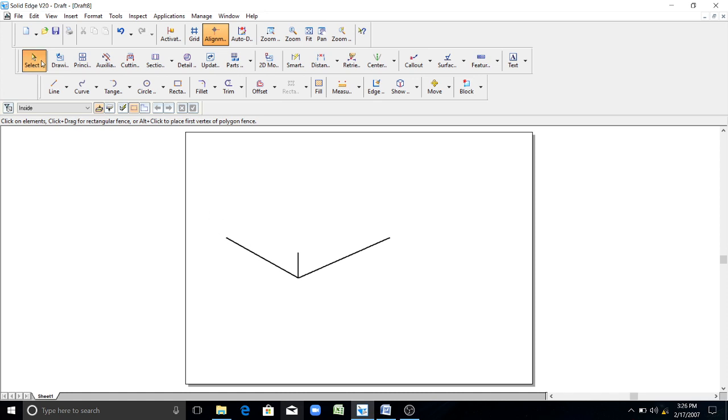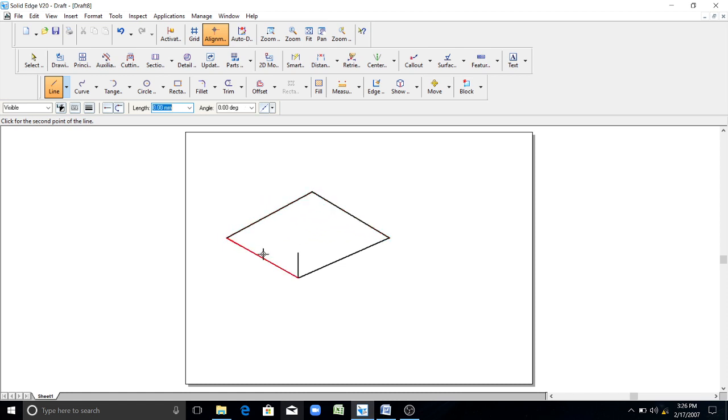For example, if you want to draw a square, the second and third lines are like this. This is parallel to this line, and if you complete it like this, this line is parallel to this line. If you want to take a height, draw like this; this line is parallel to this line. So you have only three lines, and all other lines are parallel to these three lines. Let me do the first model so that you can understand easily.